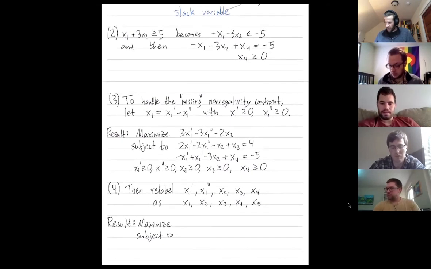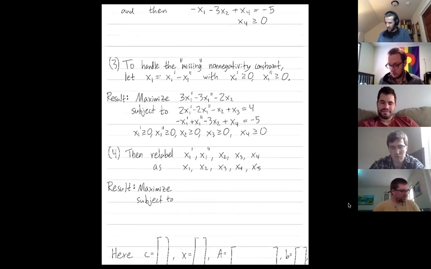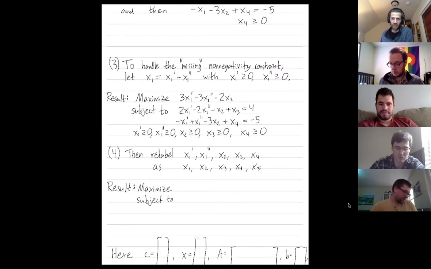So I'm relabeling the variables, right? It's confusing because x2 is being relabeled as x3, and x3 before meant something different, but it's just changing names, okay? So if I wanted to write this in the final equational form, I'd be maximizing